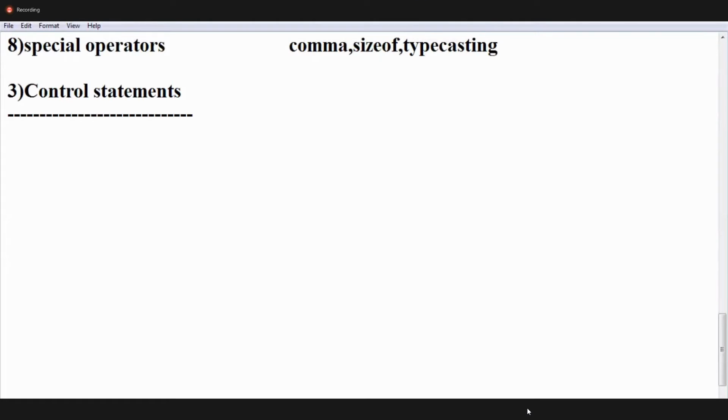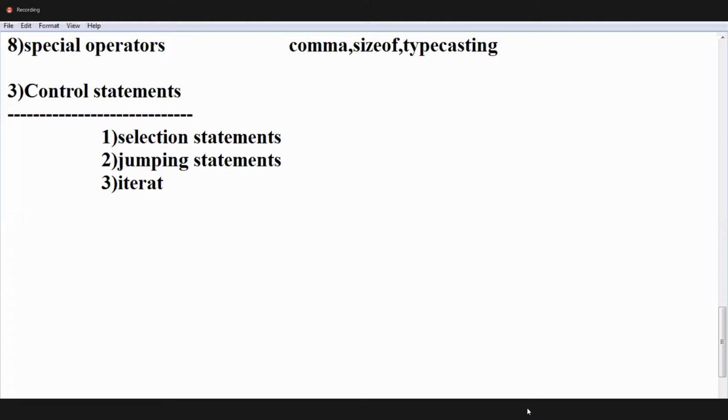Selection statements, jumping statements. Next, iterative statements.